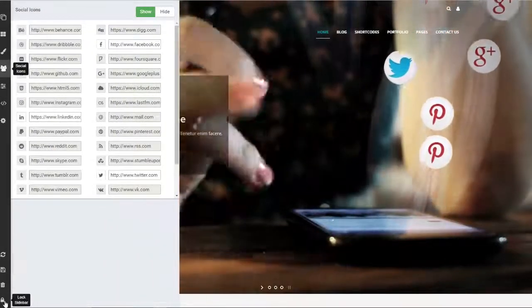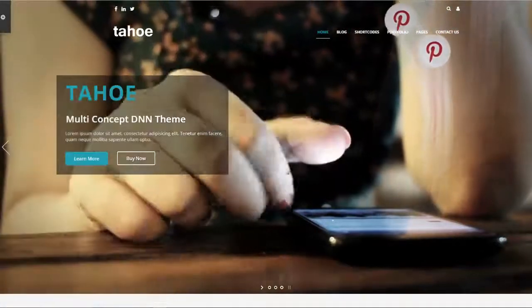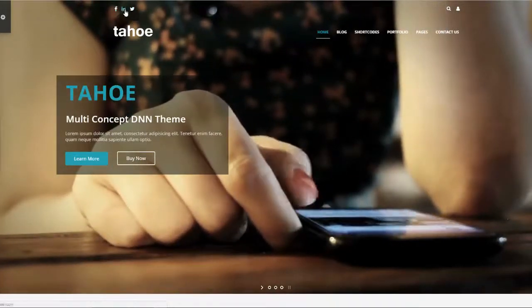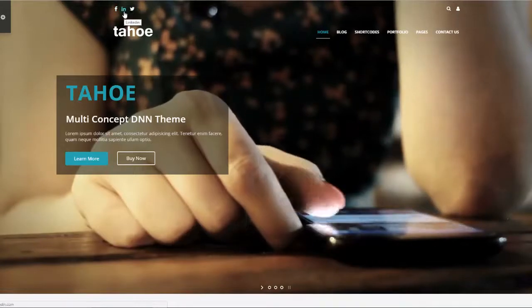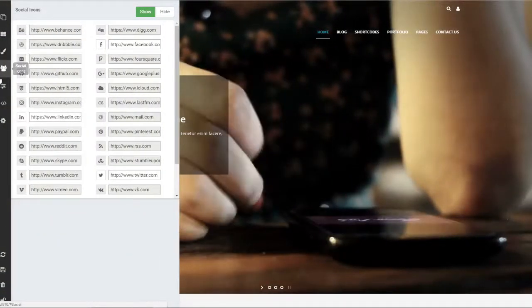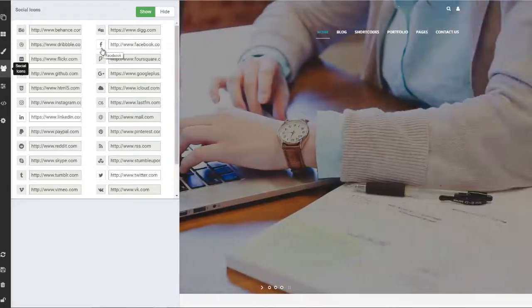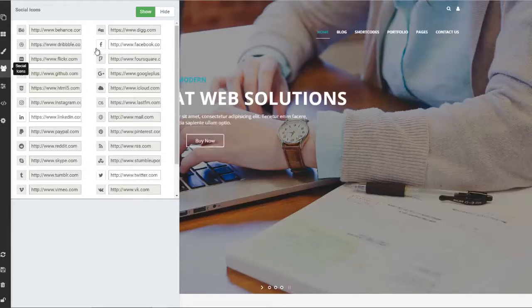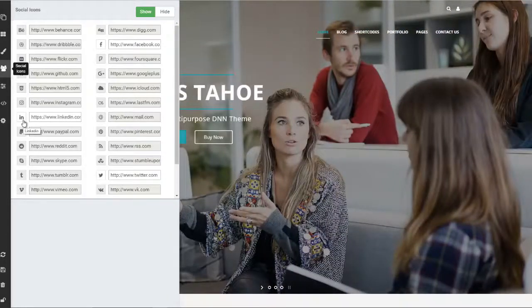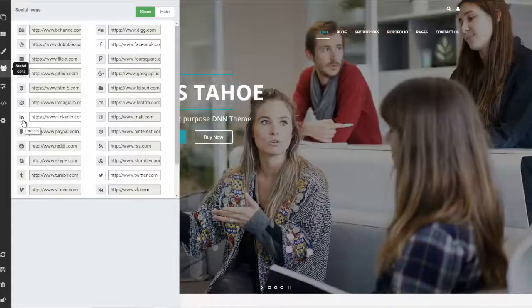And I'm gonna go ahead and again collapse this so we can see back and forth. As you can see in this particular theme, I got 3 social icons on the top. I got Facebook, LinkedIn, and Twitter. So these are controlled through social icons right here. You simply click on the one that you wanna use. For example, as you can see right now, Facebook, Twitter, and LinkedIn are clicked. Let's say I just wanted to add,